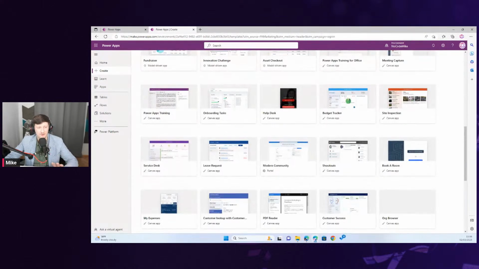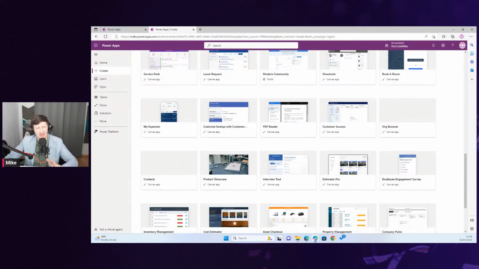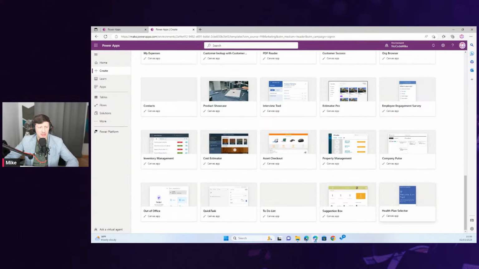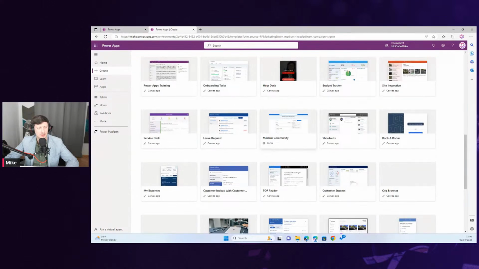All of these are free, although not every template is based on the same type of application, because in Power Apps you have 3 different types: a Canvas app, model-driven app, and portal app. I built Canvas apps 2 weeks ago. So in here you can see the type, and as you can see, for instance, here is a portal application, right?